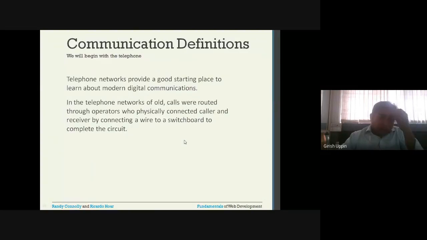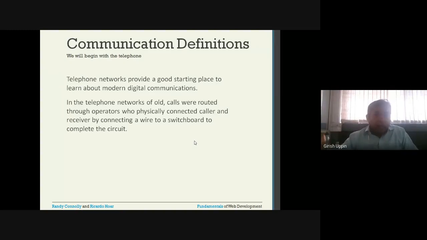So, a simple definition of communication. Telephone networks provide a good starting place to learn about modern digital communication. In telephone networks of old, calls were routed through operators who physically connected the caller and the receiver. Earlier, if you remember, or have seen earlier communication, there used to be a manual operator who would do the switching job.